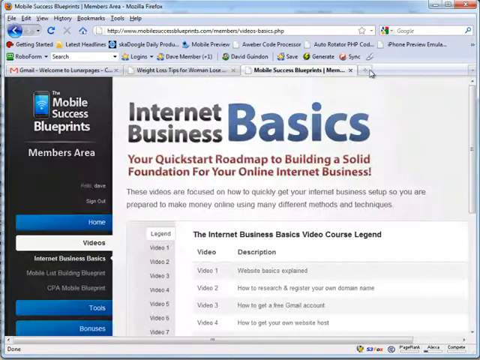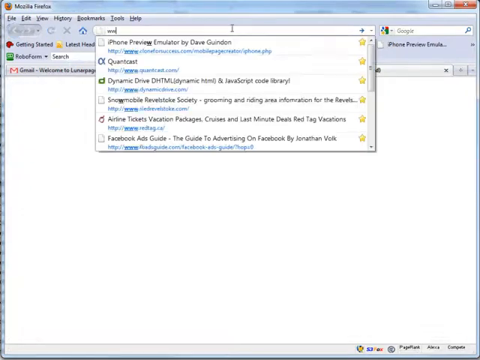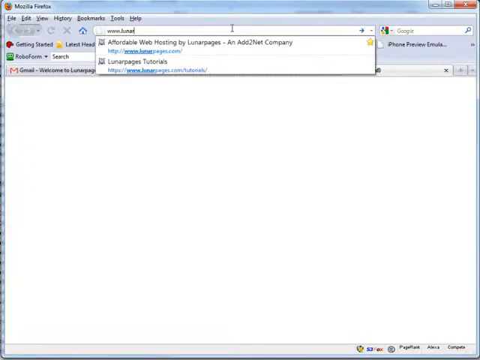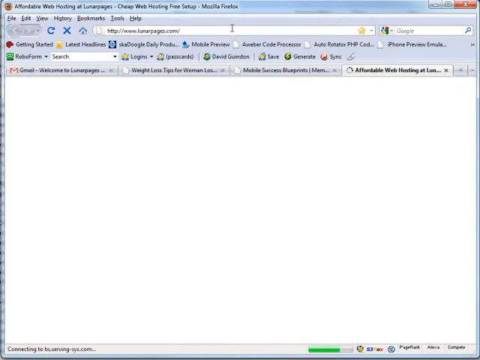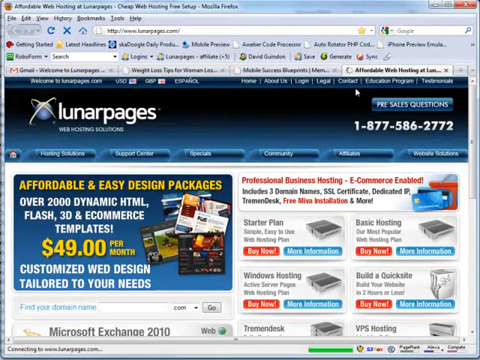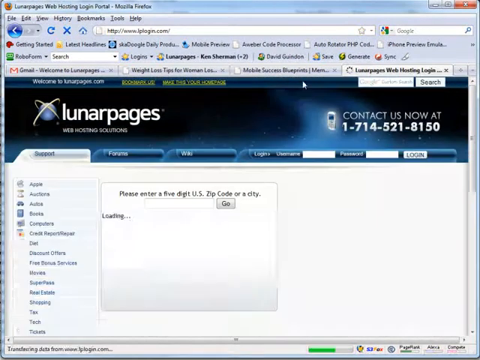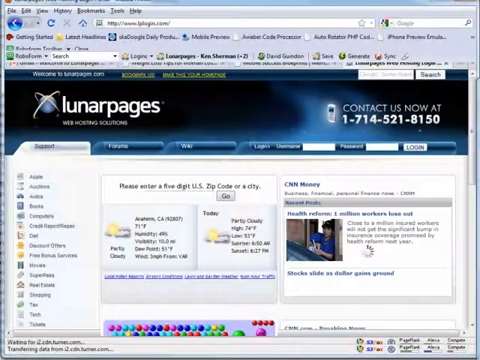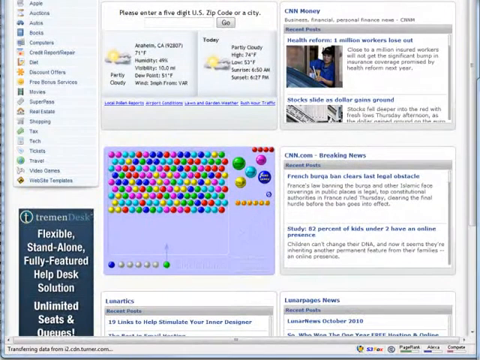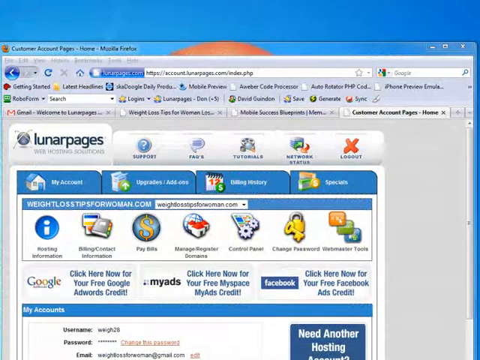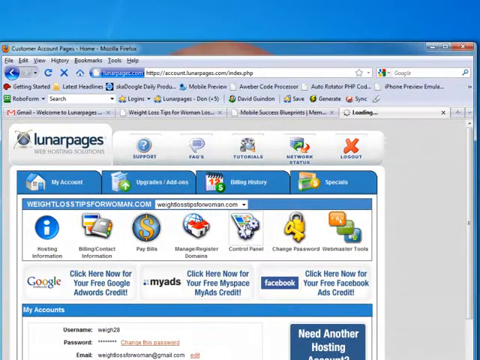So the first thing I have to do is go over to the lunarpages.com website to log into my account. At the very top here you can see log in. And of course I'm going to hide my information while I log in here. And once I'm logged into my backend area, I just click on the control panel button here,